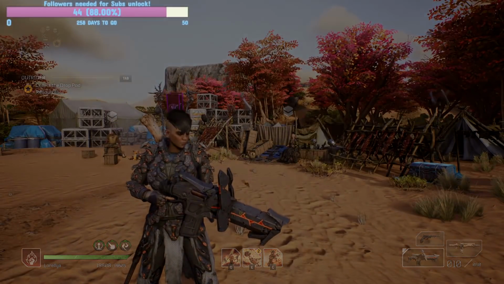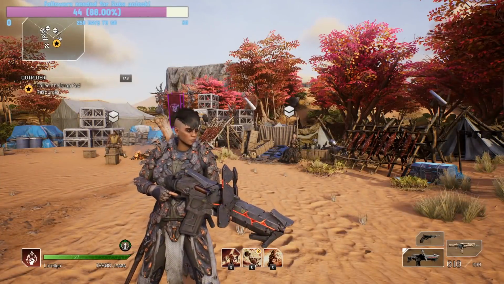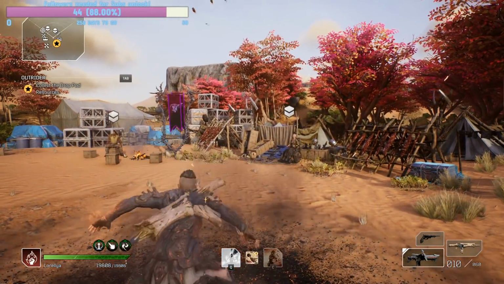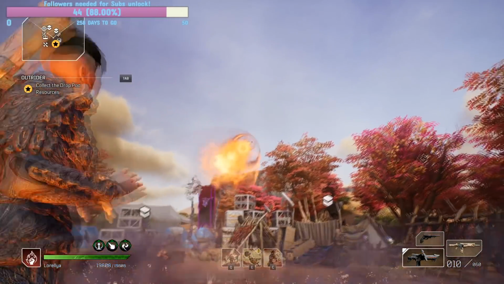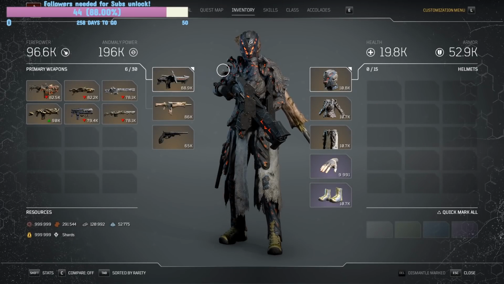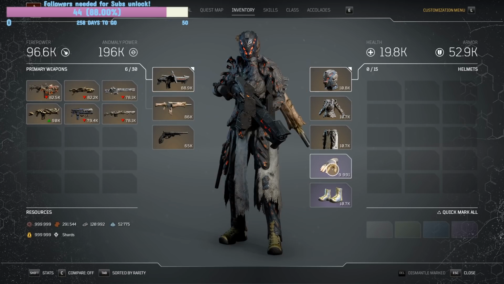Look at just alone, we passed 180k. And that's without any of the real buffs going on. We're just casting some abilities here, procing some of the minor buffs, and 196k. When you start hitting the enemies and you start getting those power assimilation, those